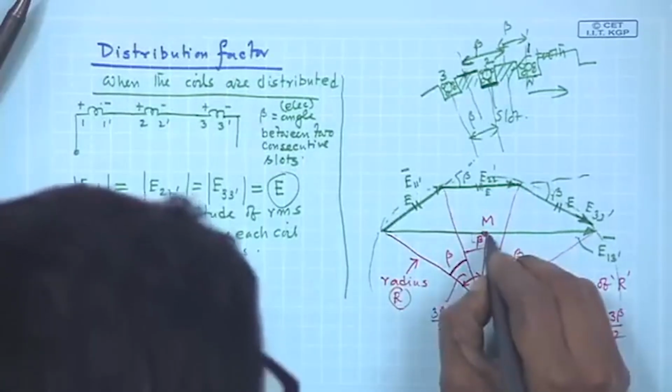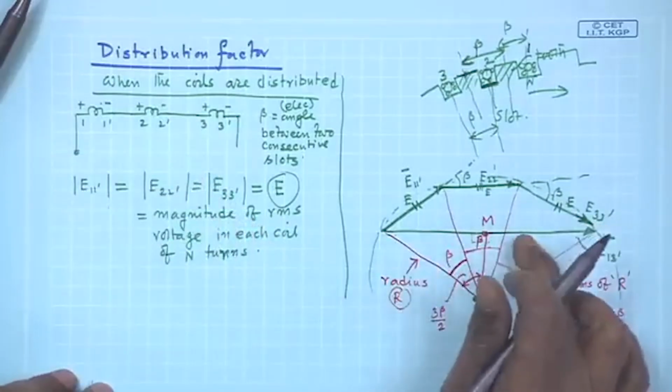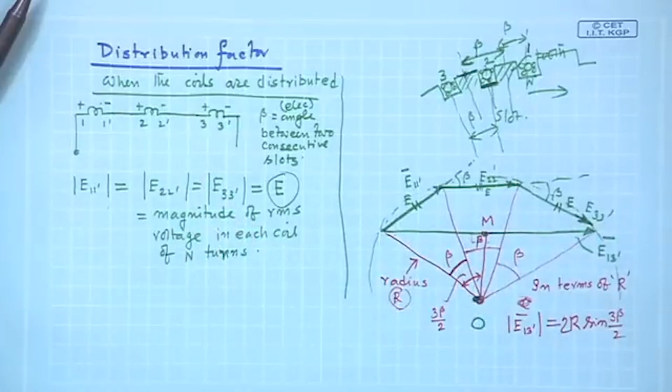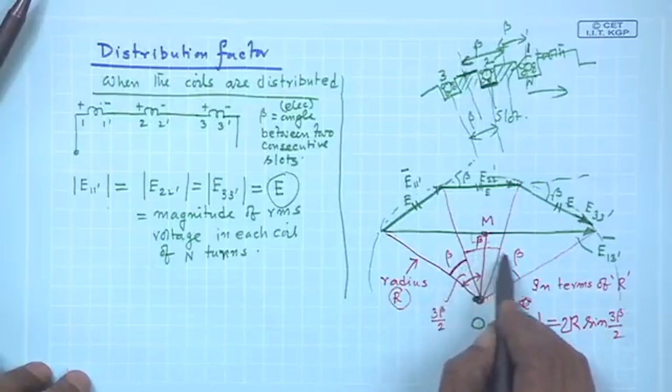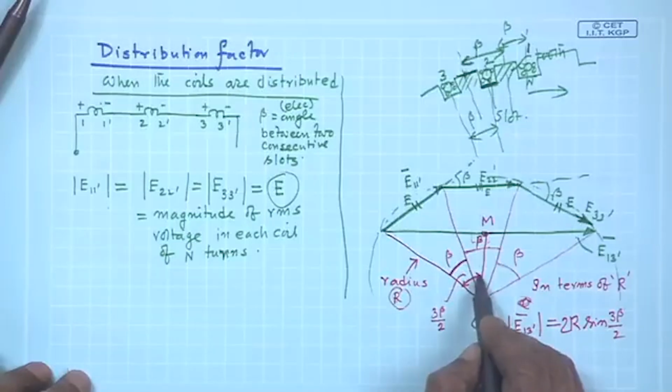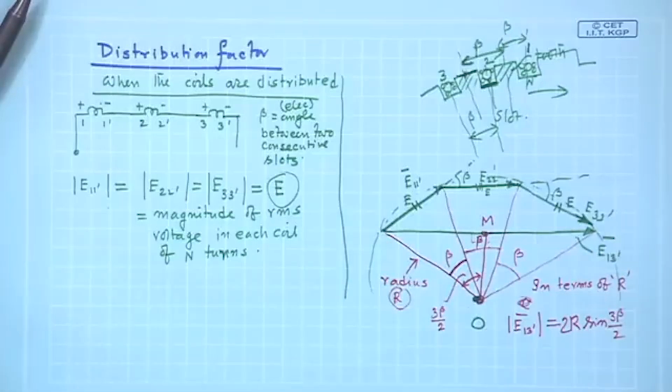Because this plus this is the resultant, and these two are equal, because a perpendicular dropped from the center of a circle bisects the chord. Therefore, 2 times R sine 3 beta by 2, where 3 beta by 2 comes from this 3 beta and this 3 beta by 2. So, this will be the resultant voltage when the coils are distributed,